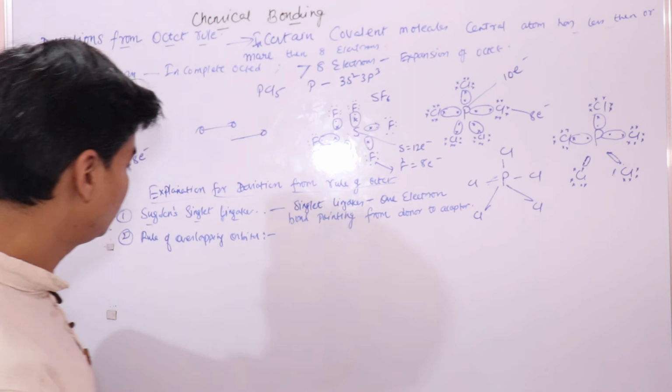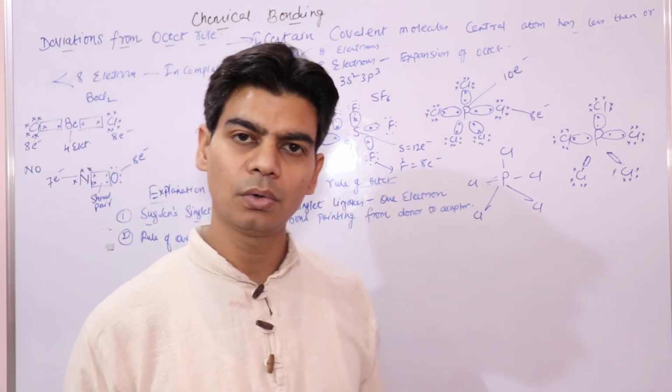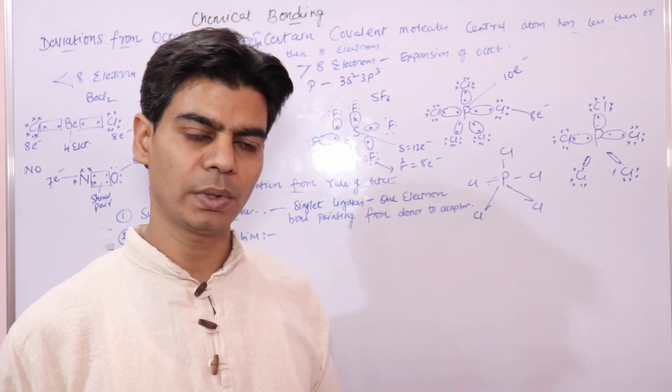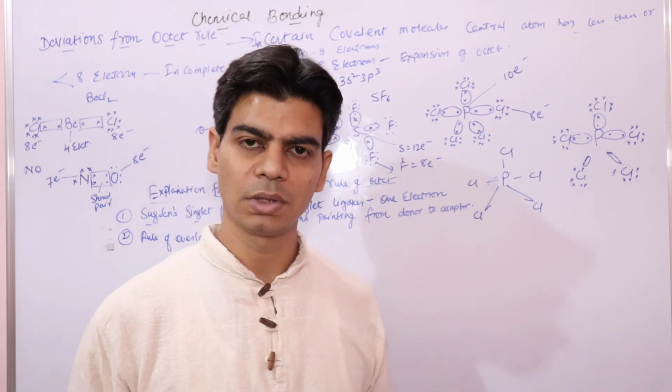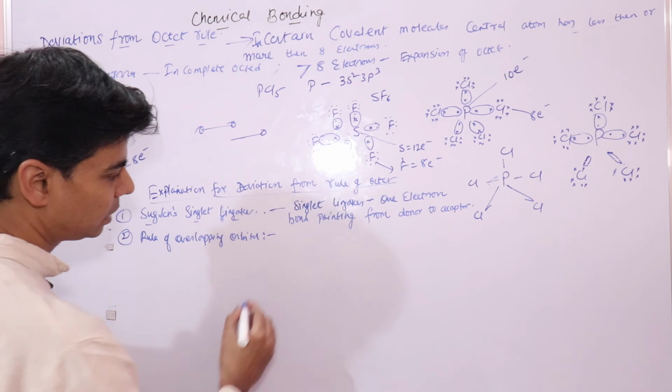Elements of the second period do not have vacant d orbitals, so they cannot use d orbitals to expand their octet, so they don't have more than 8 electrons in any case. So the rule of overlapping orbitals says